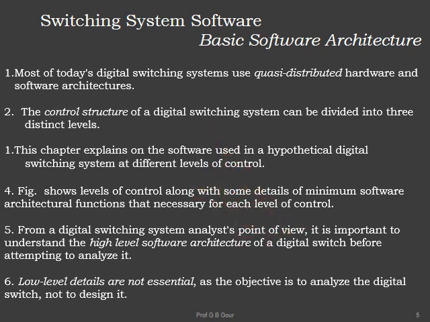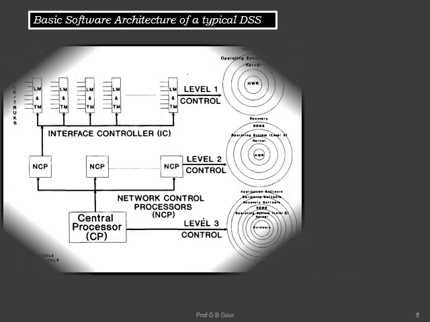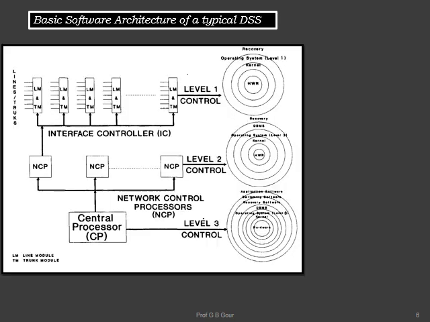If you look at the block diagram, normally we will get a question on this, like write a short note or discuss the DSS software architecture. In that case, you need to draw the block diagram like this. That is the basic software architecture. A very simple block diagram is there, and you can see here three different levels which are coming under the level control of this DSS. So how can you initiate the answer here? Basically, you can start answering this question by mentioning that